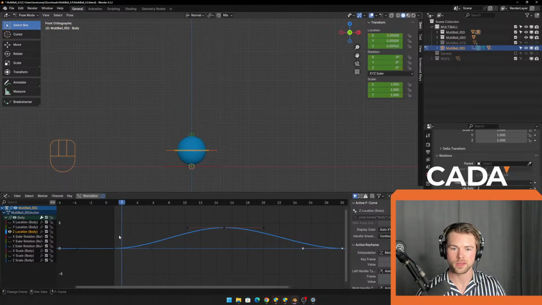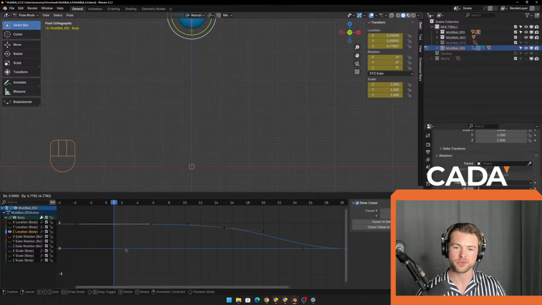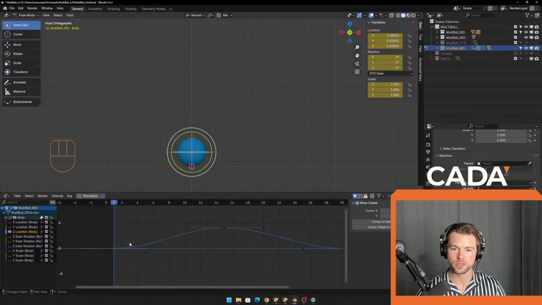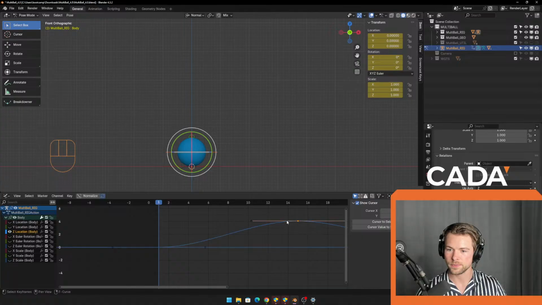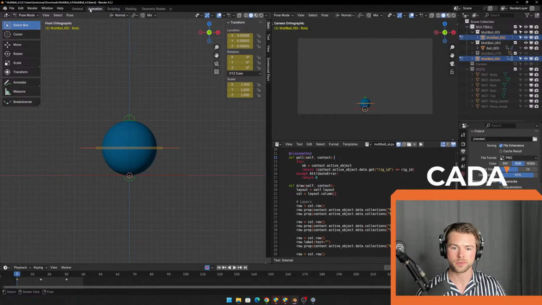Alright. So if I take this keyframe and I move it up, you see even though I'm still in frame 1, I'm actually moving the sphere around. Right click to not do that. So what we want to do is we want to make it more snappy. We want to make it jump. We don't want it to like float. So what you do is you see these little black thingies here. It's connected to every single keyframe. You want to select this, G to move. And we want to push this up. And now if we play,